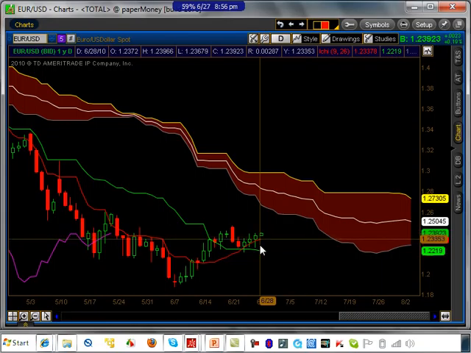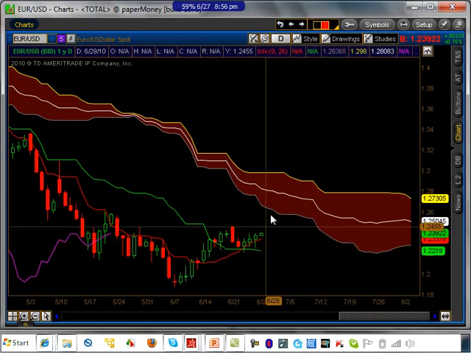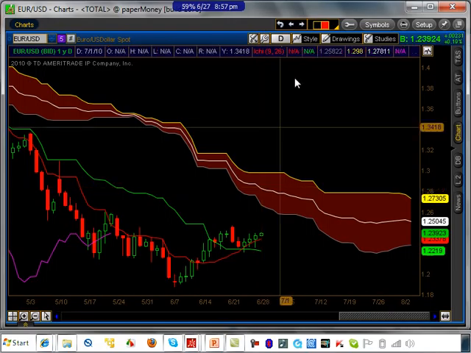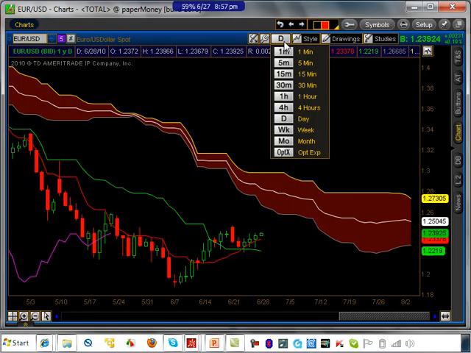Price is above the Kijun-sen and Tenkan-sen, which is bullish, and Tenkan-sen is above the Kijun-sen, which is bullish. However, the sentiment is still bearish, the reason being it's below the cloud. Okay, that's why you have a -1 rating. If you go look at the